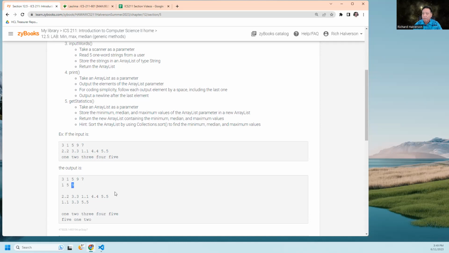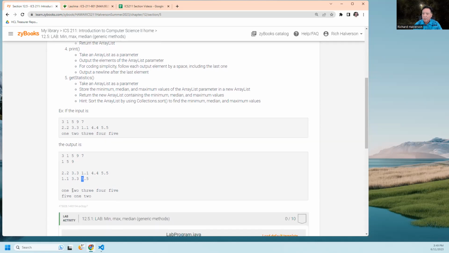And then if it reads in this, it's going to print out the array that it read in. That's going to print out the lowest one, the middle one, and the high one. And similarly with this, it reads in the array. The lowest one is